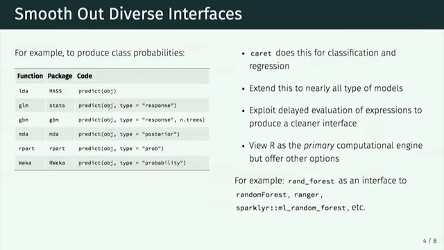So another big thing I'm working on right now is smoothing out all the interfaces. If you see my presentations, this is not new, but on the left-hand side is a list of, if you have a variety of different machine learning models or classification models, and you want to get the class probabilities for a set of new data, you have to remember all this minutia. You have to remember it's this or that, depending on what package I use. Even for packages that do the same model, the syntax can often be pretty different.